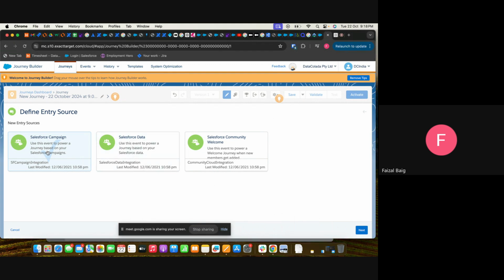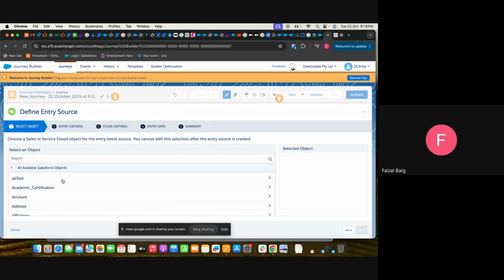So for example, I can select Salesforce data. If we have a Salesforce campaign or Salesforce data, say it's a website, in that website a person fills up the details. Once a lead has been created, you need to add the specific Salesforce object.